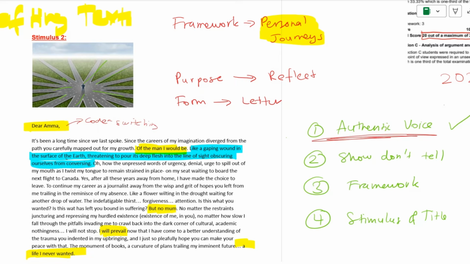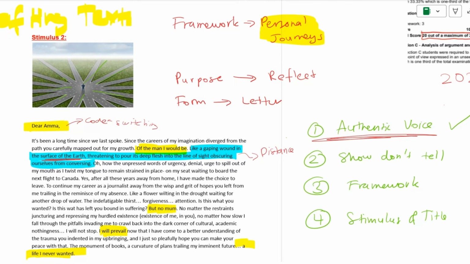is an example of show, don't tell. This is to basically highlight my sense of distance between my mother and me. And you can see I'm not just saying I felt an eerie distance between you and me. I'm using a metaphor. I'm using the metaphor of the earth to kind of convey this distance. So if I read it, and this is something I encourage you guys to do yourself, read your writing and see if it sounds emotional, see if it sounds effective, and see if it is something that would actually touch